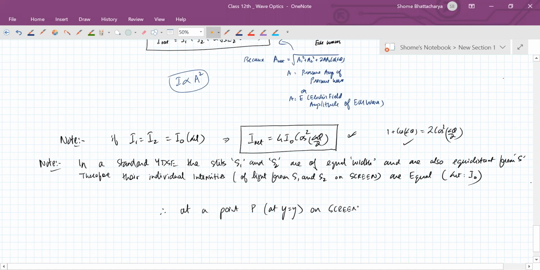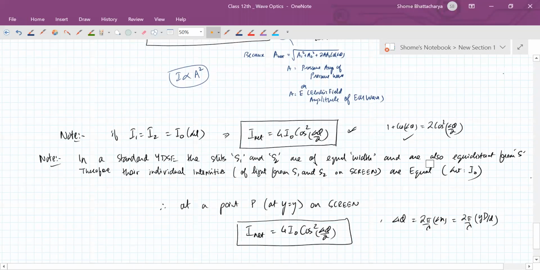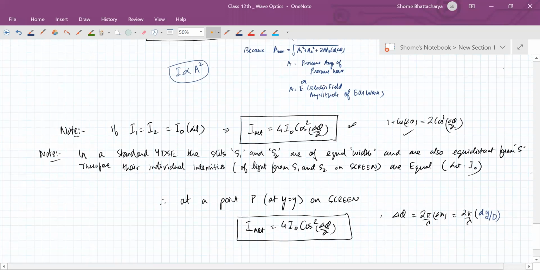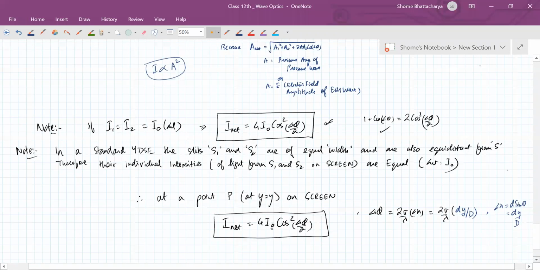on the screen, the net intensity is given by this above formula, 4 I naught cos square delta phi by 2. So in this formula, delta phi is 2 pi by lambda delta x, or 2 pi by lambda into y d by D. Sorry, small d by capital D. Like this. So therefore,